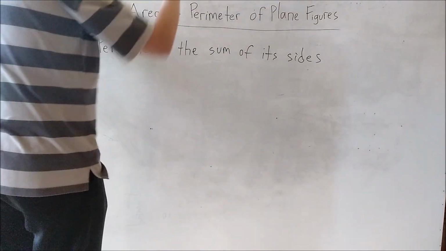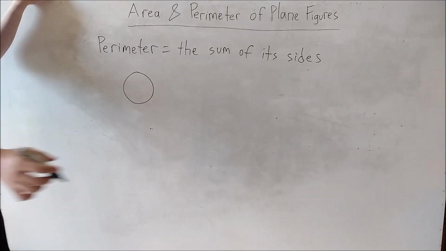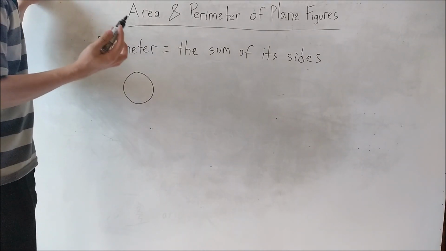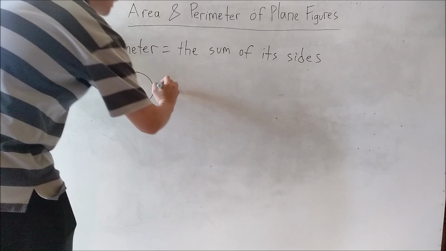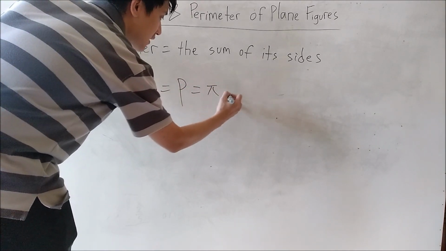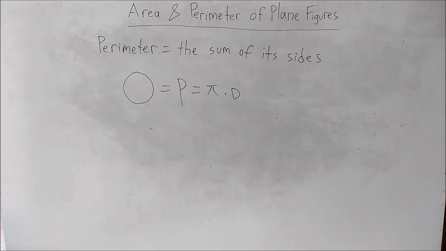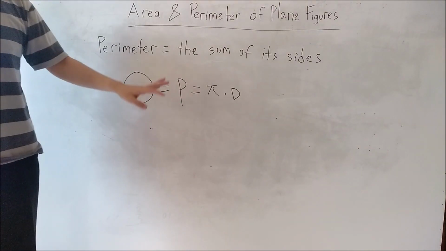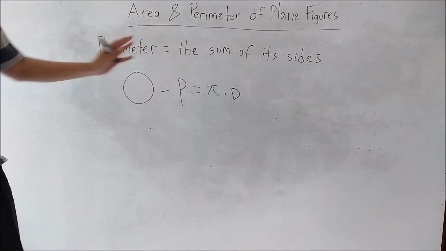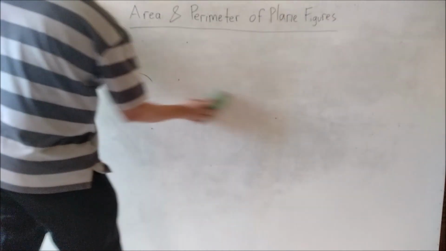The only perimeter that you have to memorize is the perimeter of a circle. You know that in a circle we have diameter and radius. So the perimeter of the circle will be pi times d, or diameter. No worry, we are going to get into the circle after this. I'm going to talk about the perimeter of the circle when we are discussing the circle as well. So now let's talk about area.